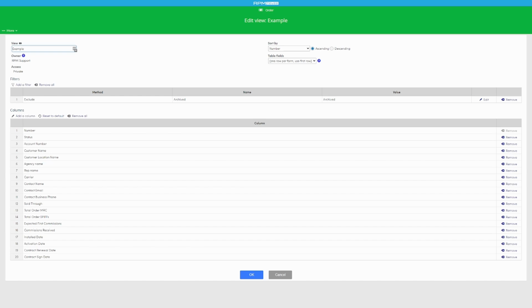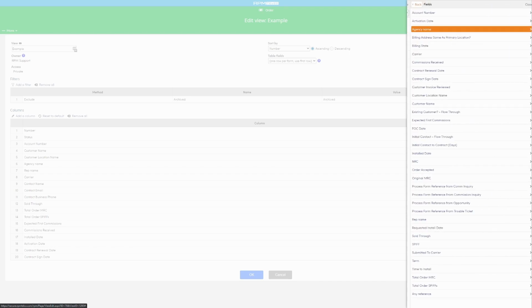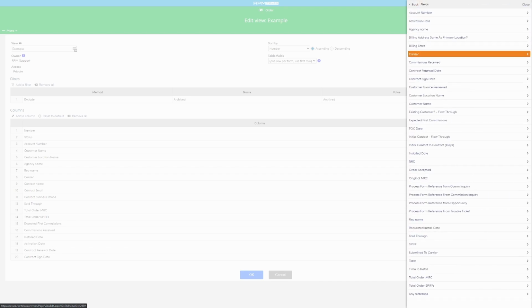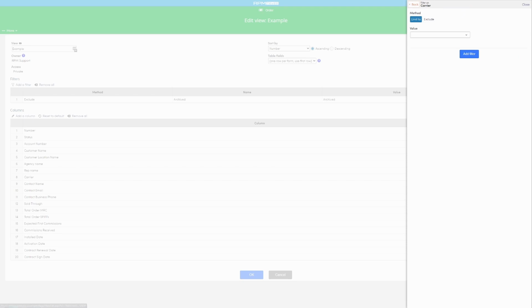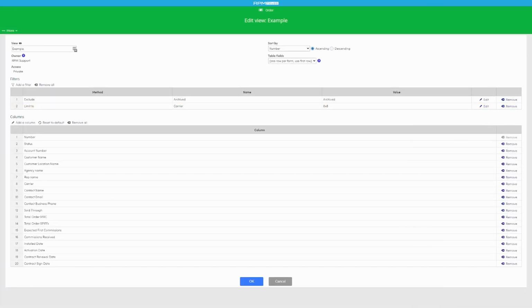Here we can change the filters, kind of pare down what information is shown in the view. In the case of orders, you can pretty much add any filter for a lot of different fields, not all of them, but quite a lot of them. And you can say, show me all of my orders from a specific supplier or carrier like 8x8 or any other carrier you can think of, and add that to the view,